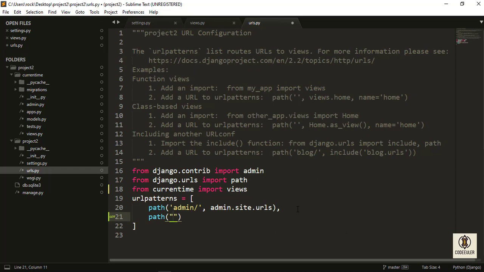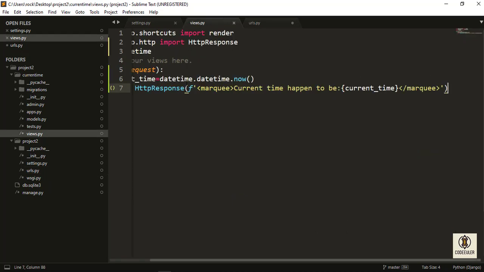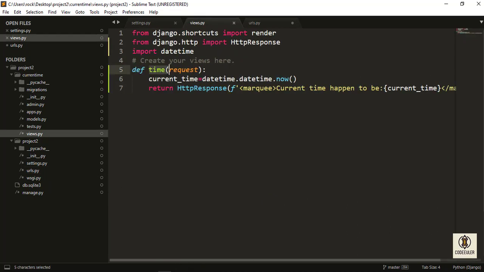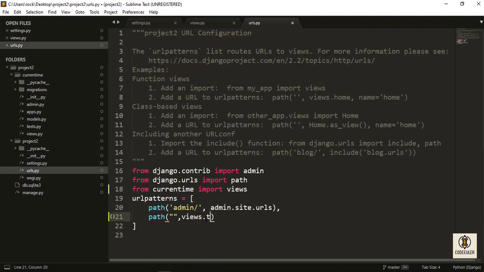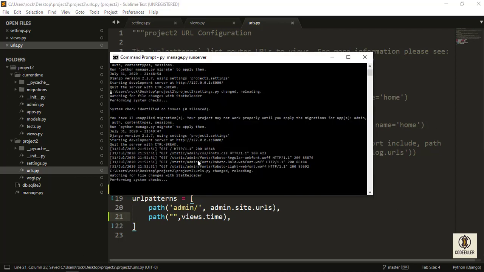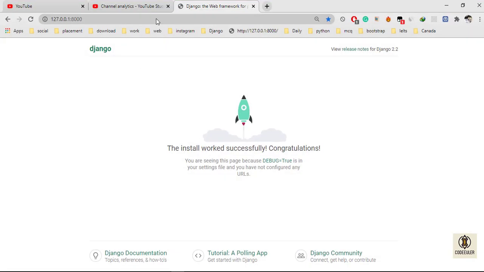Inside the path route I'd like to give empty; I will explain the route later. Then views dot the same name you have given as the function name. We have given time as the function name. Now let's see the server. It is running. Now again go to the browser and run.